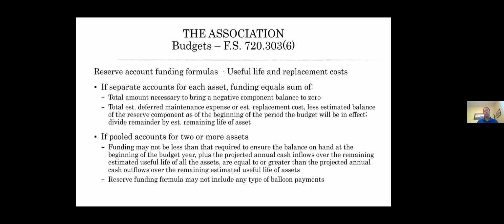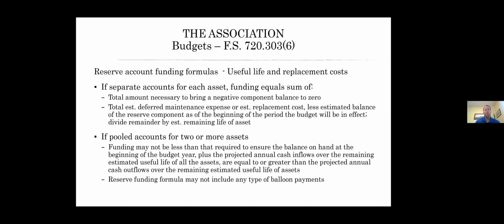There's a basis for you to gather that information: you get one or two vendors out to say what's the condition of the roof or the pool or the gate, how long is it going to last, and what's the replacement cost? You do that every three years, and you adjust your funding level based on the new information. And each year, when you re-identify the amount, you would maybe use a cost index and escalate the pricing maybe 3% for inflation and those types of things.